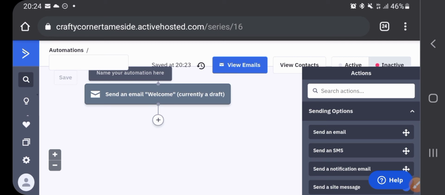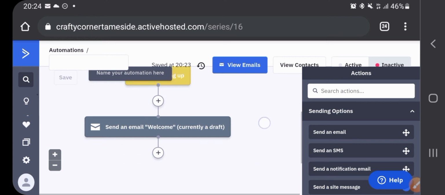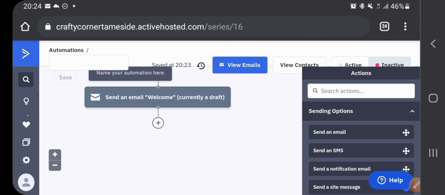And what I normally do is I send the promotional email on day 4, because I'm promoting the offer on the live video on day 3. So all you have to do is set goal and email, goal and email, goal and email, as many emails as you need. And then you're going to press the plus